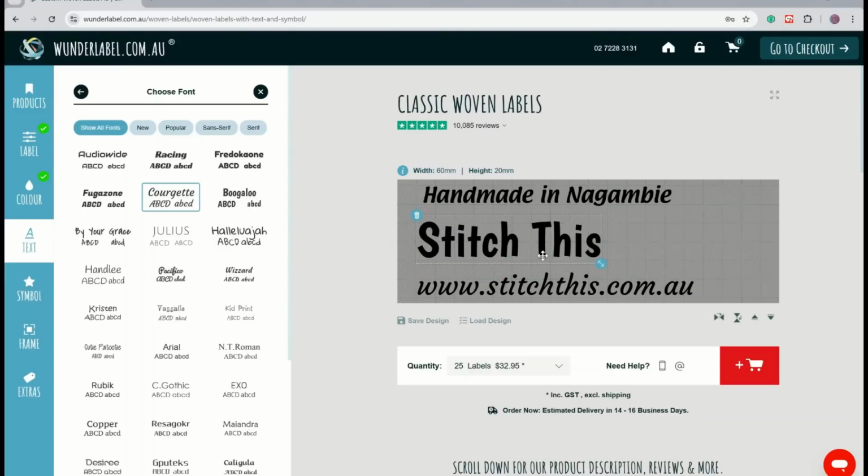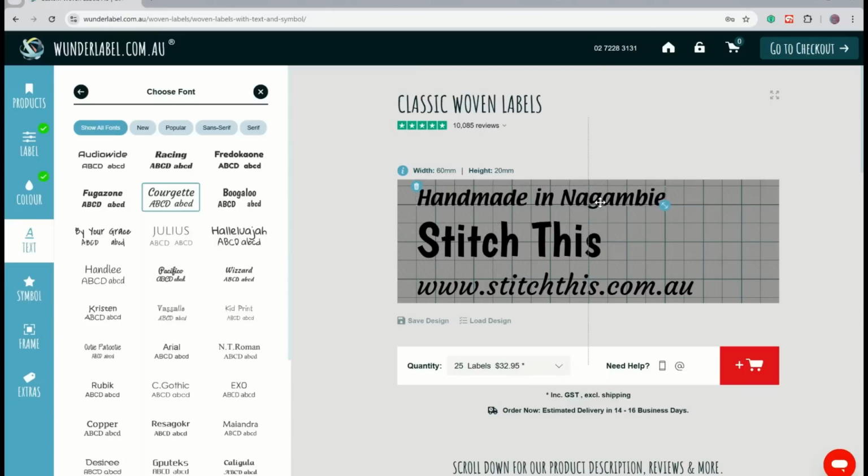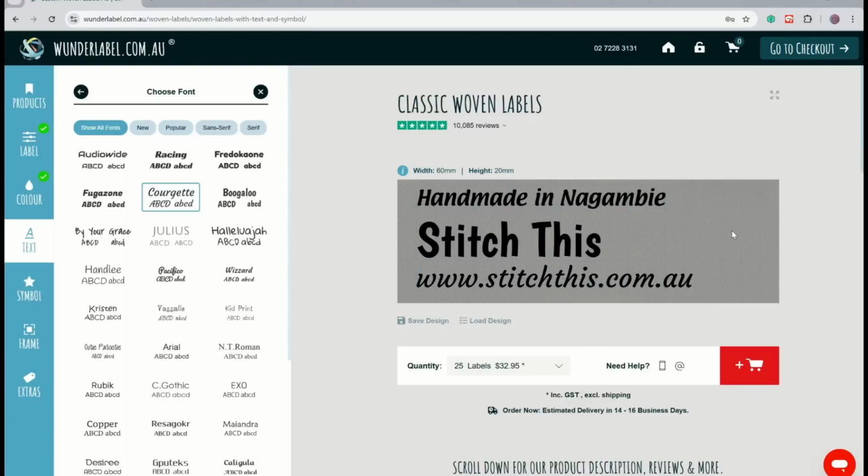So you can just keep on playing around with this until you've got your orientation the way you want it. So if you're happy with that, I think that's too far apart. So you can see how easy it is to play around with this. After we've chosen all the fonts and text that we want for our label, if you like, you can pop